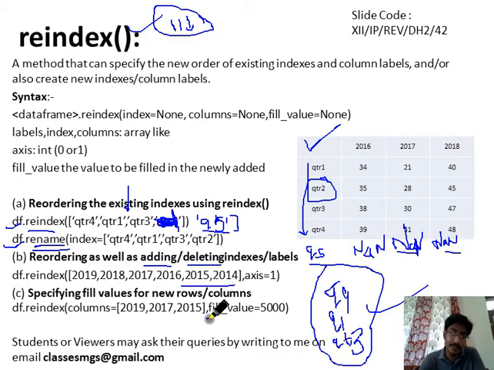Then you can use the fill_value argument of the reindex function. In this example, if we pass fill_value equals 5000, then the value 5000 will be inserted instead of NaN. So keep this in mind. Okay, let me move ahead.